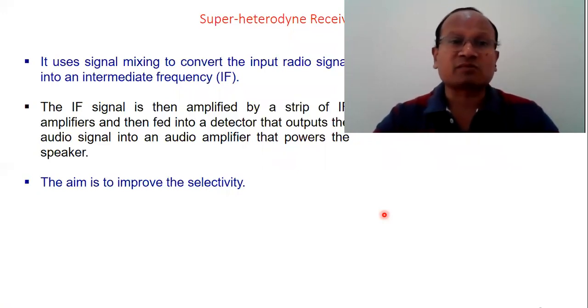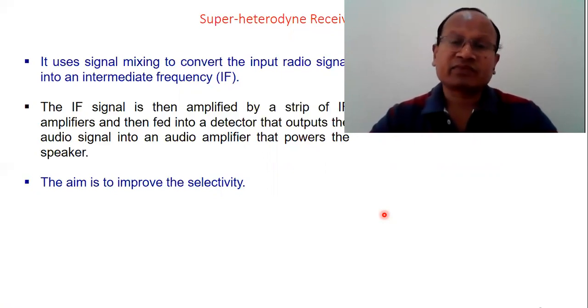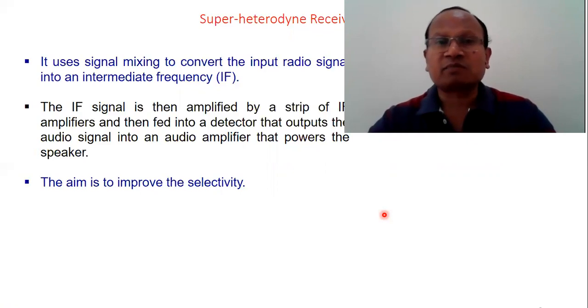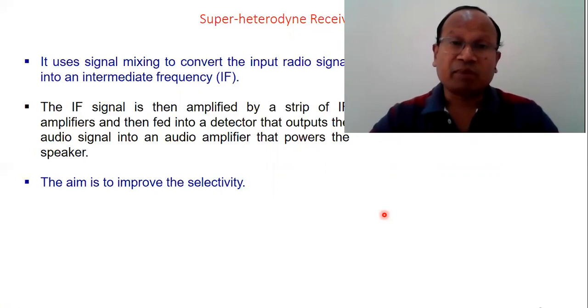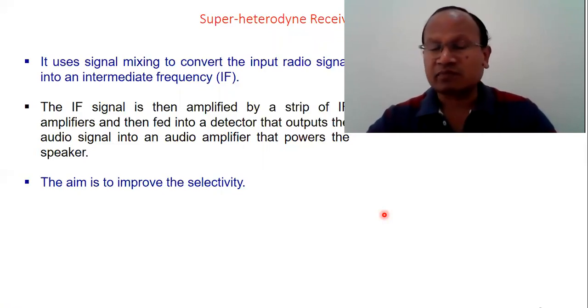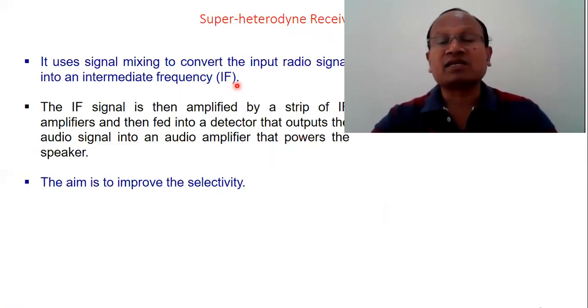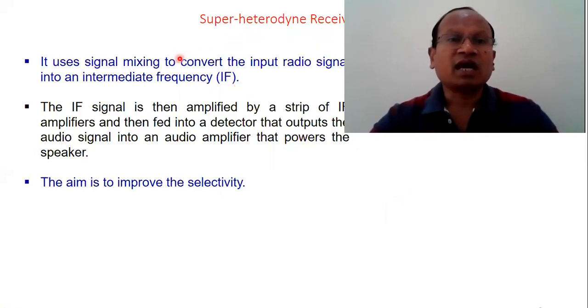We'll see what mixing takes place, and that mixing may repeat, and that repetition, heterodyning more number of times, is called super heterodyne. It has its advantage by doing it more number of times. So super heterodyne performs much better than the ordinary AM receiver. That is the simple AM receiver block diagram of the circuit. So it uses signal mixing as I mentioned here. Signal mixing takes place. The input radio signal is mixed, and then we get an IF signal.